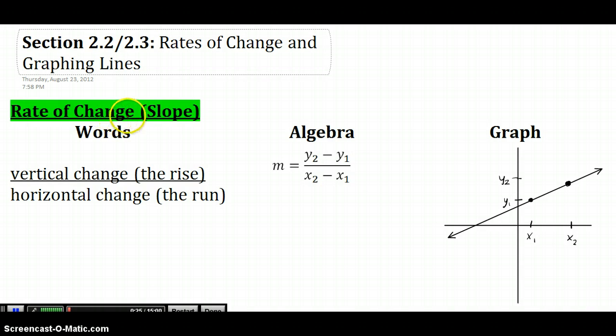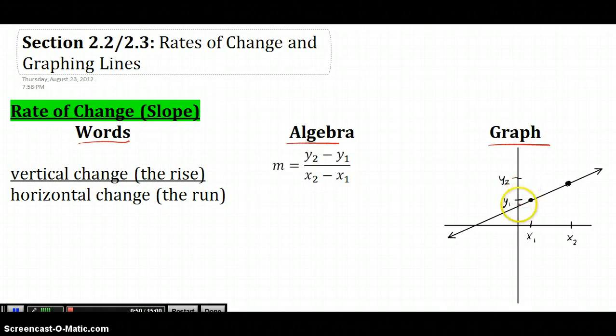So here we have the rate of change, or the slope, as words, algebra, and graphically. We're going to represent it. First off, in words, the rate of change is the vertical change, or the rise, over the horizontal change, or the run. And you can see that over here on the graph. I'm going to jump over to the graph. You take the vertical change, the rise,